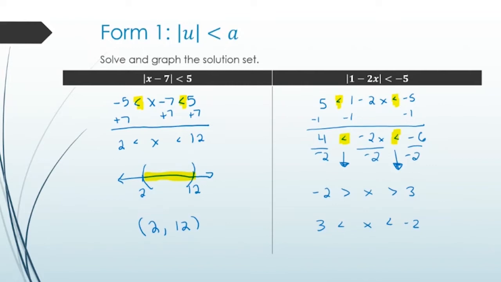No. We have something that is impossible. 3 cannot be less than 2. Because when you read these left to right, whatever's on the left has to also be less than whatever's on the right. That's that transitive property. So this is impossible. So this means there is no solution,